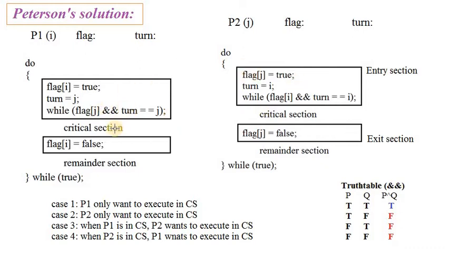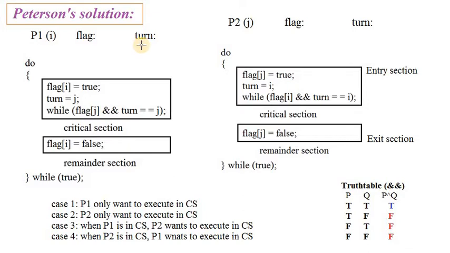So why am I taking two programs with the same code? Because in these two programs, the critical section is the same. That means whatever number of statements are there in the critical section of program 1 is the same as the number of statements in program 2 also. So we are going to restrict that critical section. So how should we restrict? By adding an entry section before and an exit section after the critical section. So that is why I am considering two programs here, P1 and P2. So let us denote the default variable for program 1 as I and for program 2 as J.